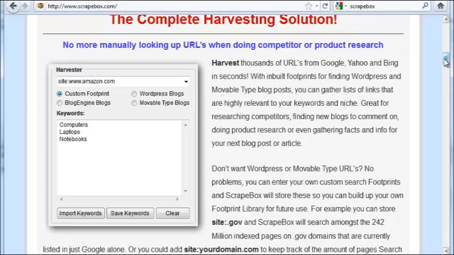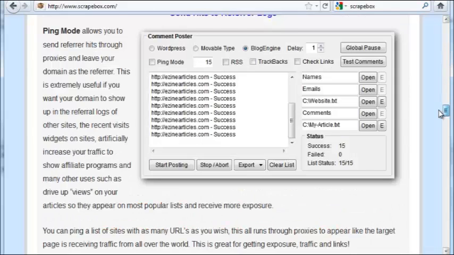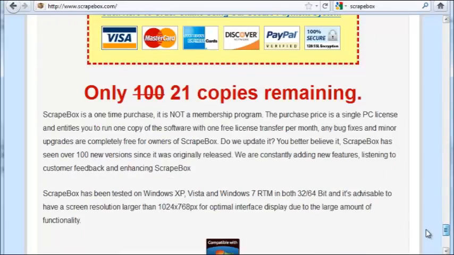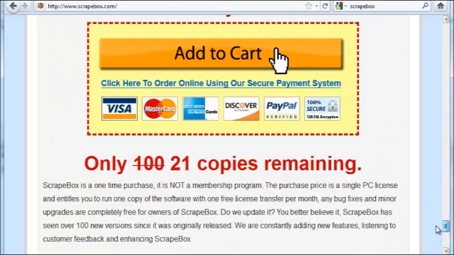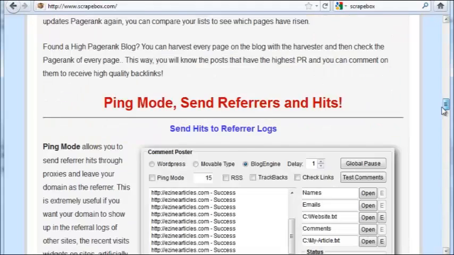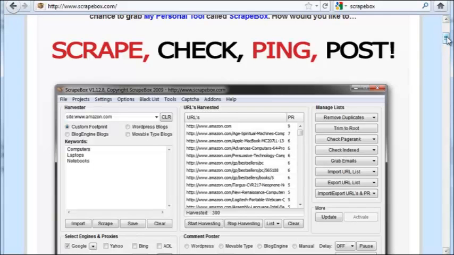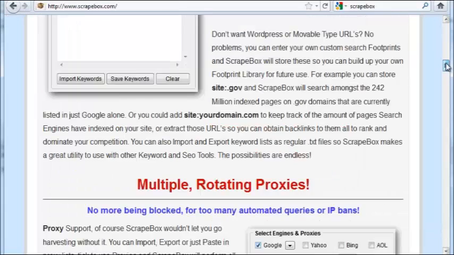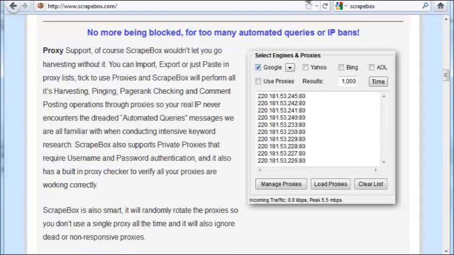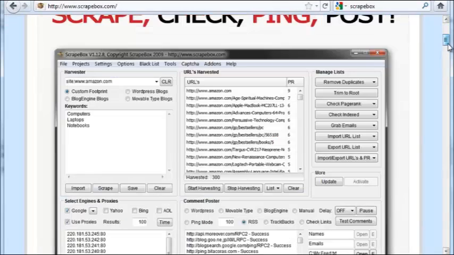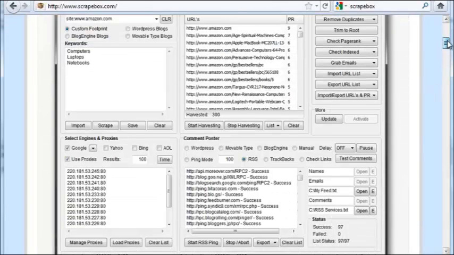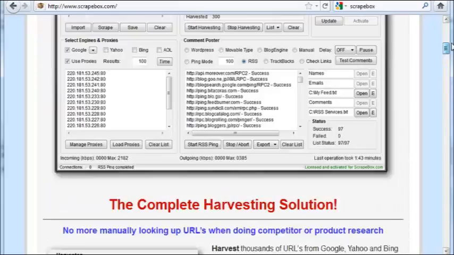So you can use Scrapebox, plop let's say 10, 20, 30 different keywords in, have it scan and find the URLs for you for those blogs. Instead of doing it manually, you speed it up, and that's pretty much what I use it for. Scrapebox is 97 bucks, but if you go around Google and search around, you might be able to find a coupon for like half off or something, but you just have to Google it. In terms of usage, Scrapebox may look kind of bulky and confusing, but it's actually very simple to use once you watch all the videos and so forth.